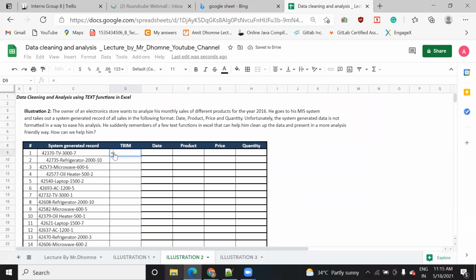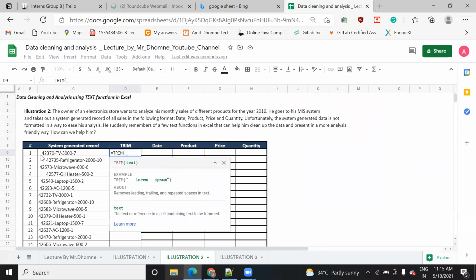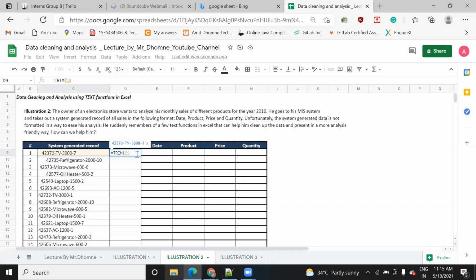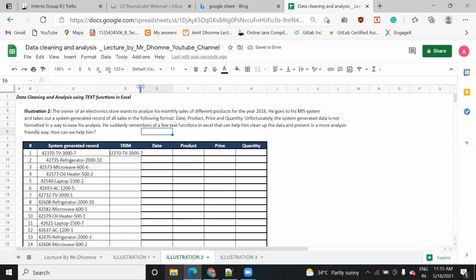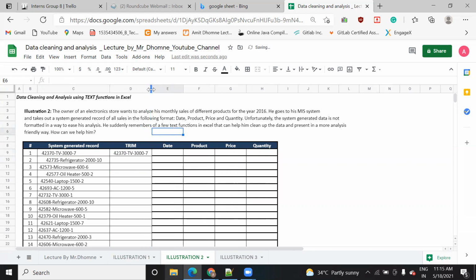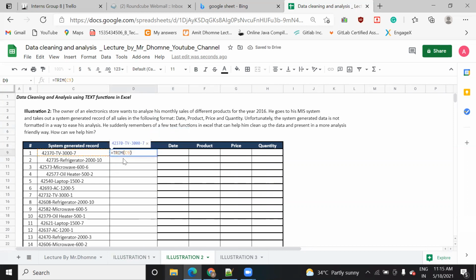Just use the trim function, and when you use it, it will show you why it is used. It will give an idea of the reason for using this trim. Now inside this parenthesis, just pass the name of the column where you are working. The first data starts from C9, so I pass C9 here and close it. Now you need to press enter. Once you press enter, you will get this data. You need to just expand it. Now you can see this. When you expand this, the space is removed, right? You just need to bring it here.